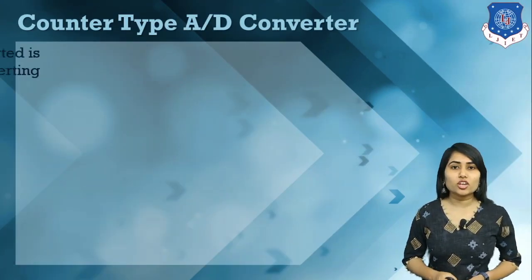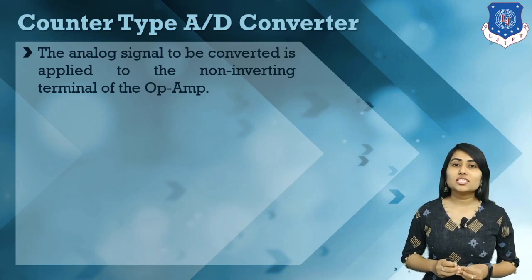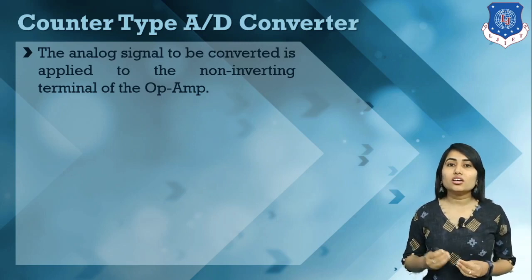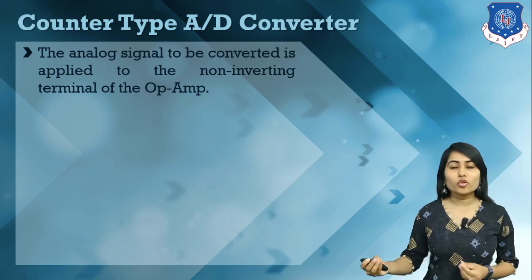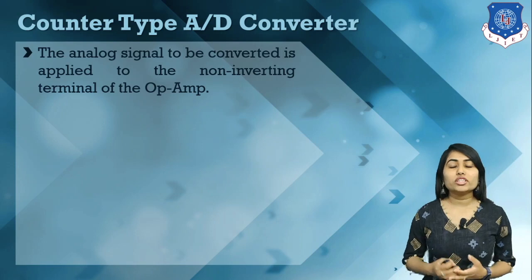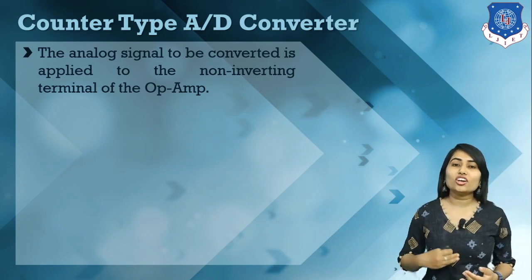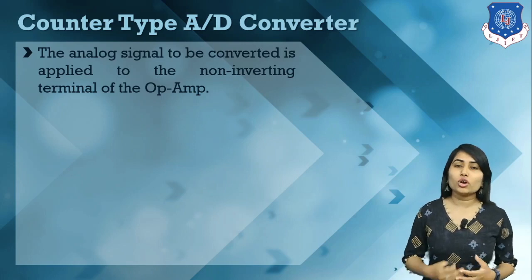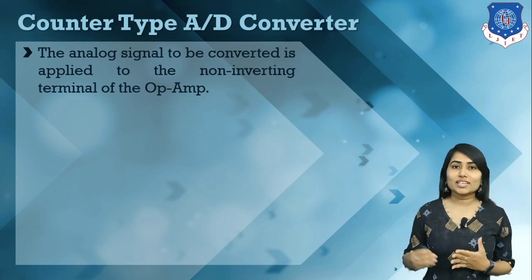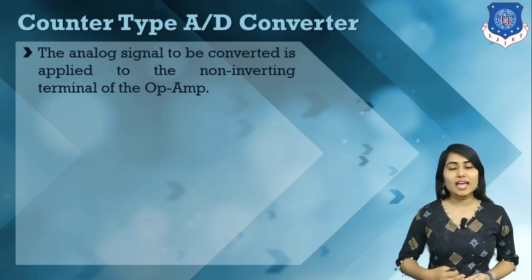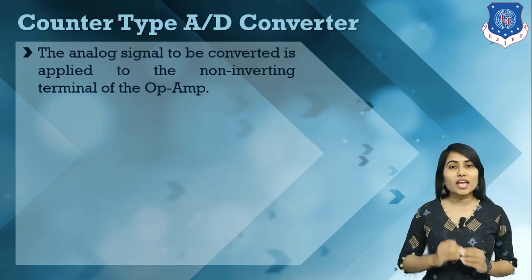Here we have this successive approximation analog to digital converter circuit. This circuit basically converts our analog information into a digital form by first comparing our input voltage with our digital to analog converter's output. So here we make one comparison with the voltage comparator circuit. Here we have our input voltage and our digital to analog converter's analog output.